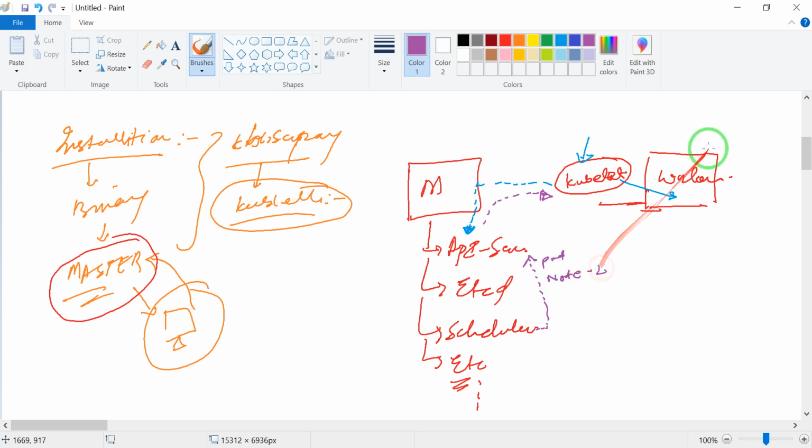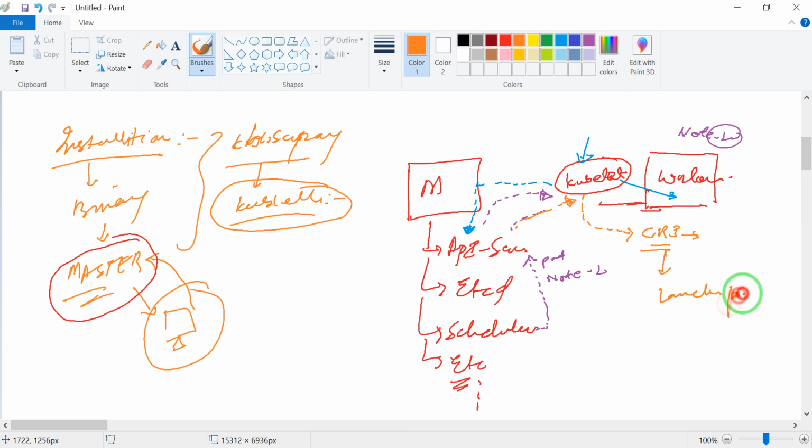It goes to the kubelet, which connects to the docker engine or whatever CRI is running on your worker node. The CRI is responsible for launching the pod.